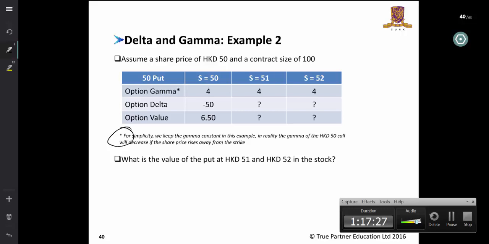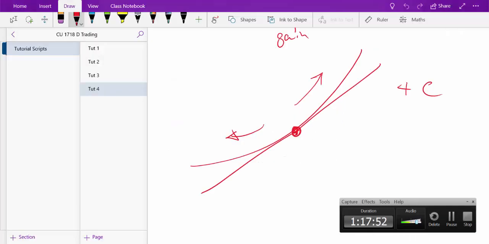I would even add to that, gamma will decrease, not necessarily rises away when it moves away. So when it goes either way from the symmetry of the strike price. Now, what does that mean in English? It means that,